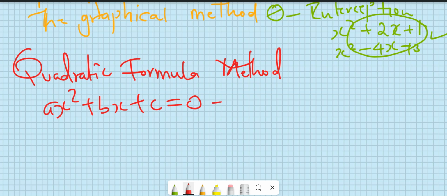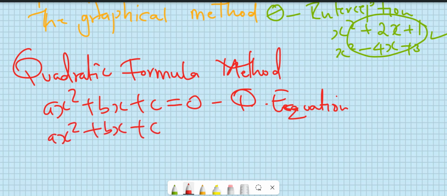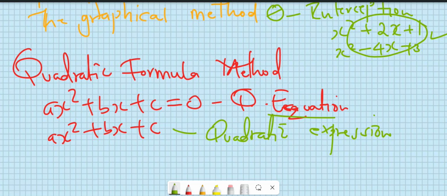Now differentiate. The difference between an equation and an expression is the equal sign here. When you're given ax squared plus bx plus c equals to 0, this is a quadratic equation. If it's just ax squared plus bx plus c, this is a quadratic expression. There is no equating, but on the other side, this is a quadratic equation because there's an equal sign. So when given any question in that format,